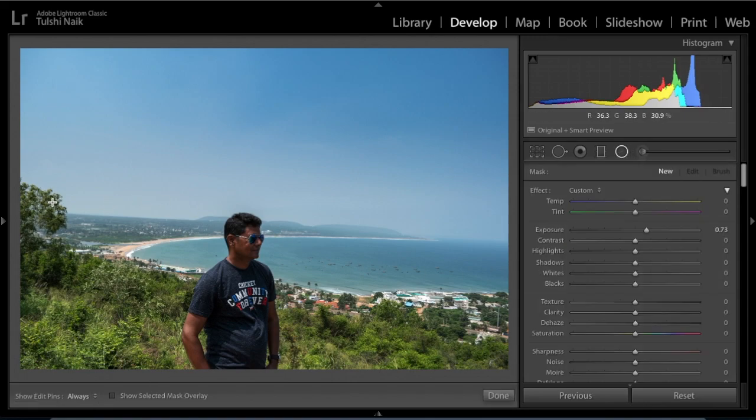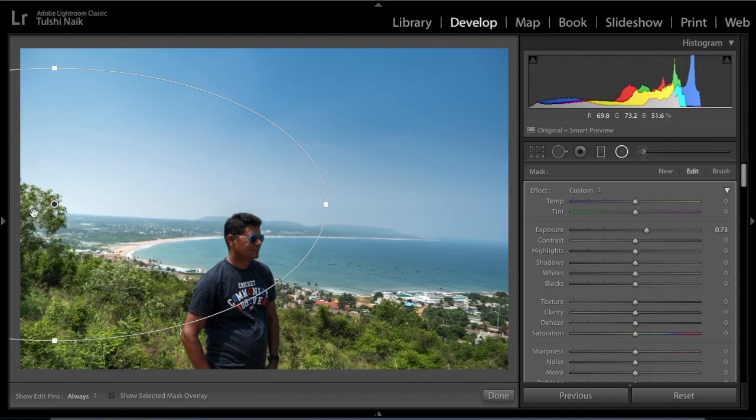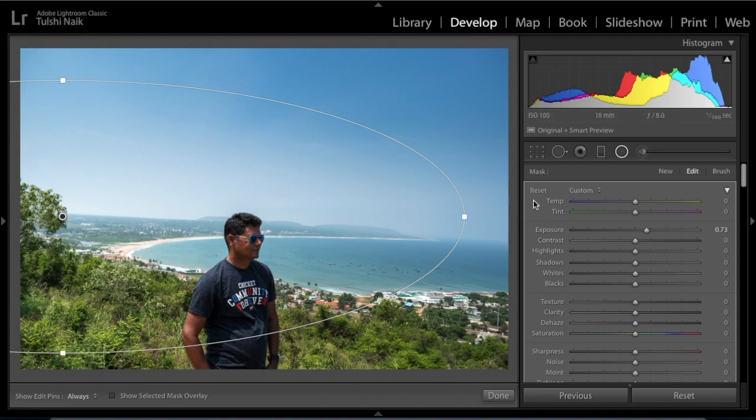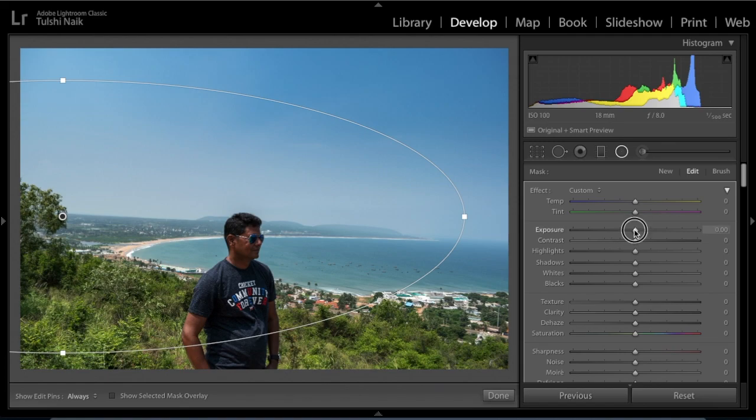We will take a radial filter for this, make a huge big selection of this area, then reset this tool, increase exposure a tiny little bit, and now for this area, this is where the sunlight is coming from. So as you can see, there is a tiny little bit of hint of color of the sun, but it's been washed out, so we'll just warm this area a little bit.